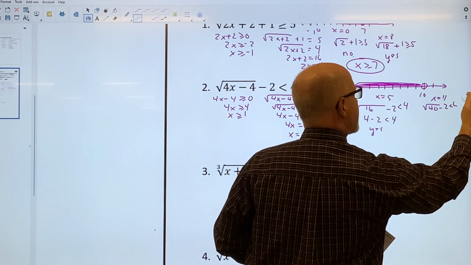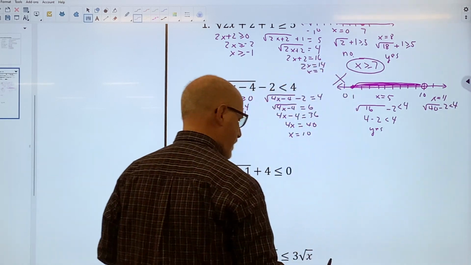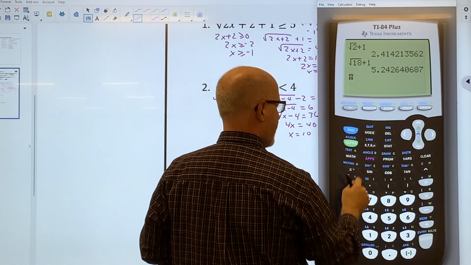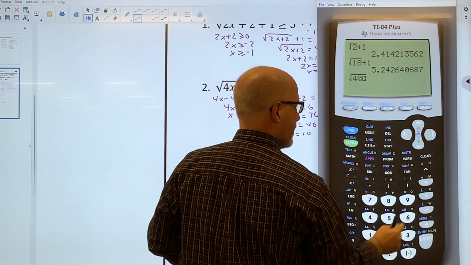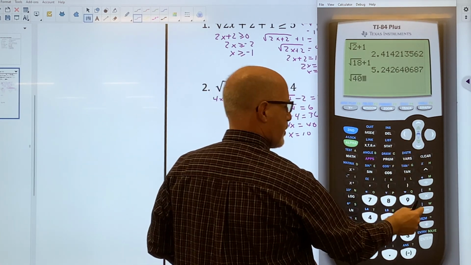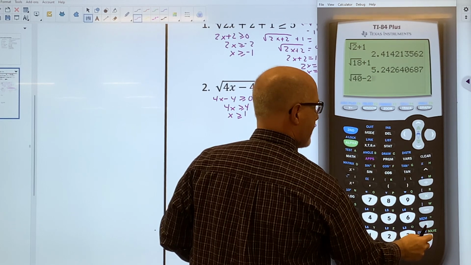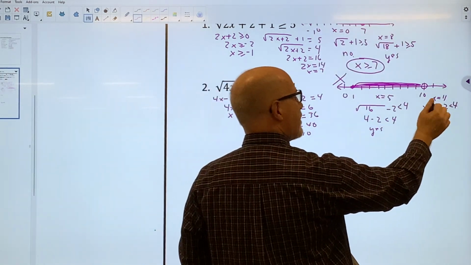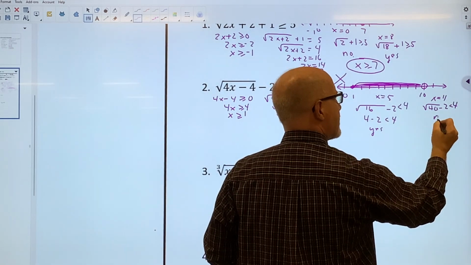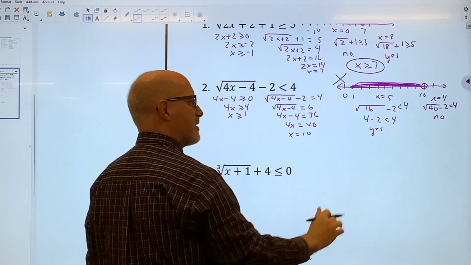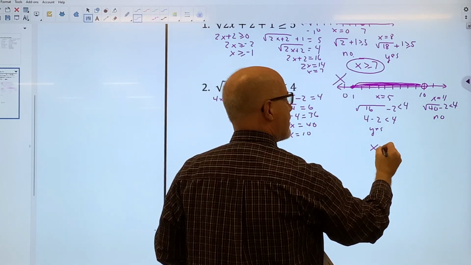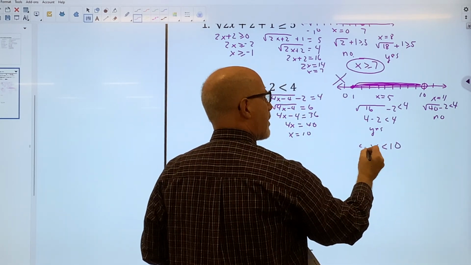Okay, let's test that out. So let's go to our calculator. Square root of 40. Get out of the square root, then subtract 2. And I get for that a 4.3. Is 4.3 less than 4? That's a no, so I don't shade on that side. So my answer is going to be that my x has to be less than 10, greater than or equal